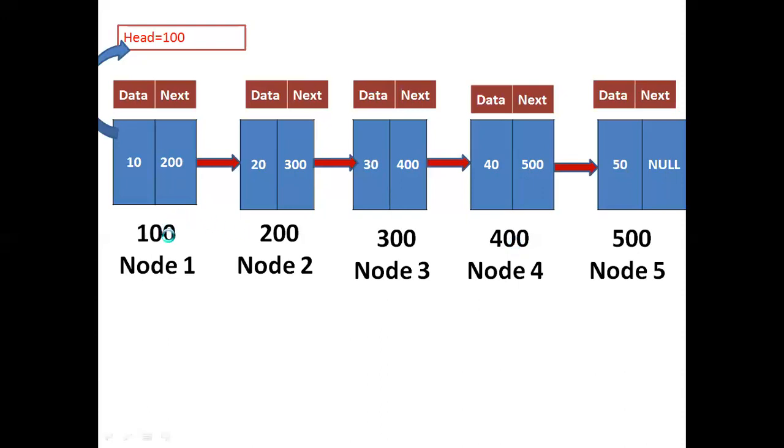So this is what we call a single linked list. Here 5 nodes are there, node 1, 2, 3, 4, 5, with the addresses 100, 200, 300, 400 and 500, and they hold the values 10, 20, 30, 40, 50. So the 100 node's next field is the next node address, that is 200, and 200 arrow next field is 300. 300 arrow next field is 400. 400 arrow next field is 500. 500 arrow next is equal to null, which means after 500 there are no nodes in the list.